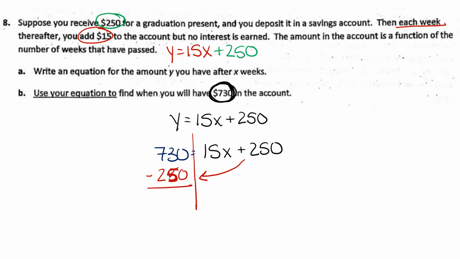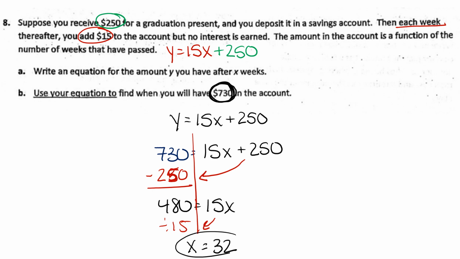We do a minus 250. 730 minus 250 is going to give us a total of 480. Then we can divide by our 15 to figure out that our weeks would be 32 weeks. It takes us 32 weeks to save up